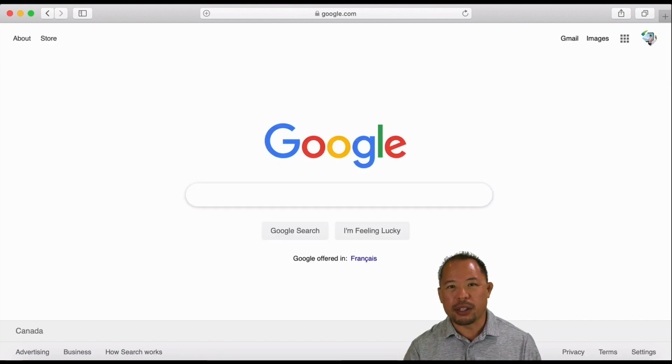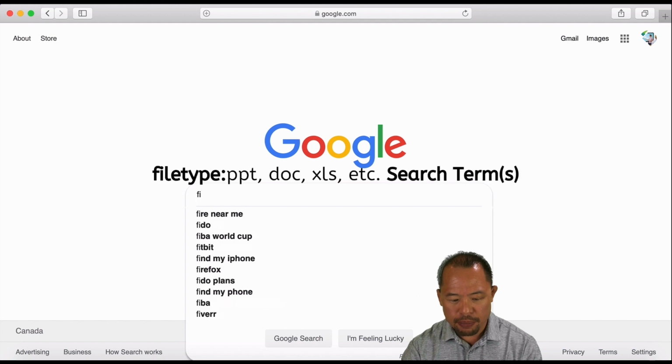The next one is looking for specific files on Google. For example, if I'm giving a talk on office product trends and I want to look for content, I know I want to do a PowerPoint presentation, so I want things in a PowerPoint friendly format. So here's how I would go about doing my research for that presentation. I would go file type,